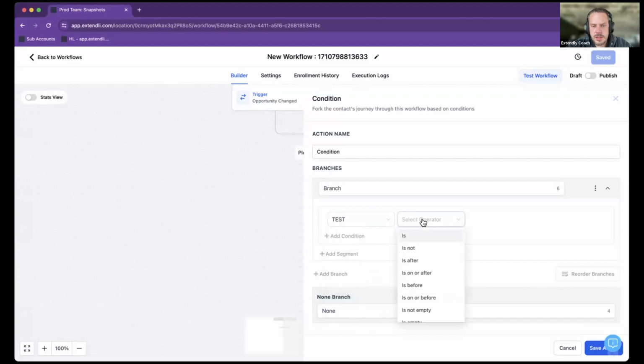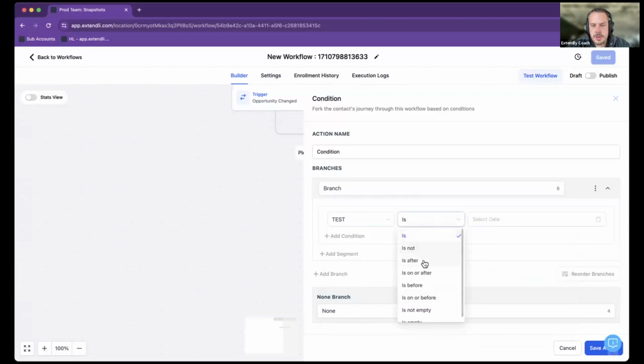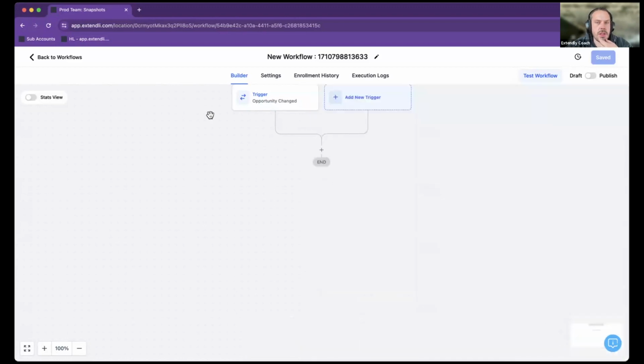So it's going to detect that it's a date. So then you can do, you know, either date is and select the date. You could also do date is after, select the date, date is before, all that type of stuff. And then the other thing is, well,